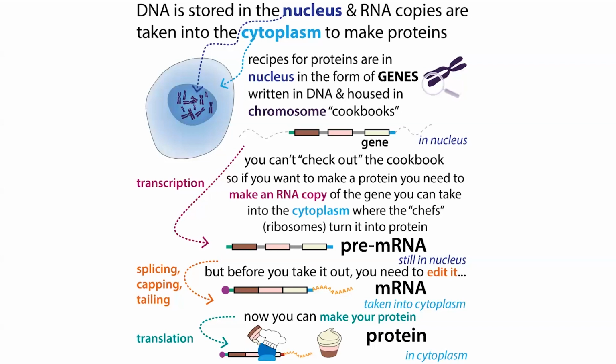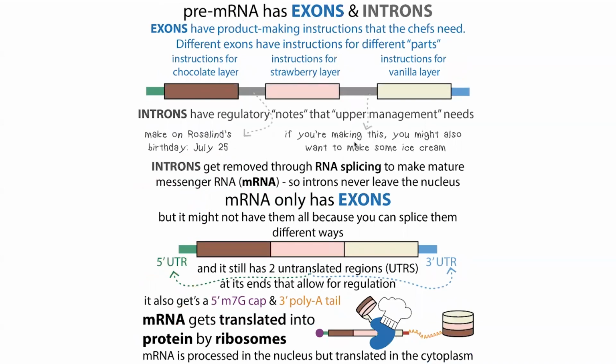And these are removed in a process called splicing. This process removes the introns, these regulatory regions, from the pre-mRNA and splices together the exons, or the parts of the actual protein-making instructions. This pre-mRNA also gets a 5' cap and a polyadenosine tail, and this then makes it ready to go and